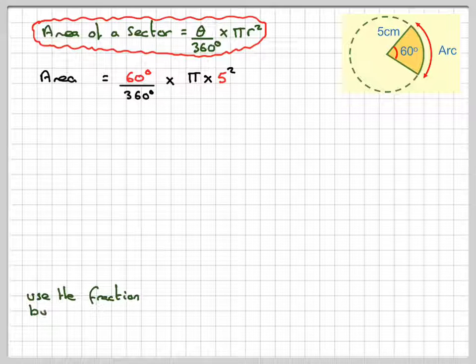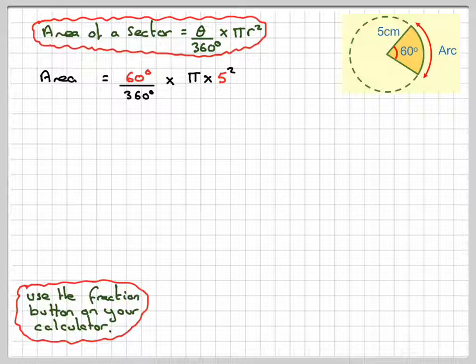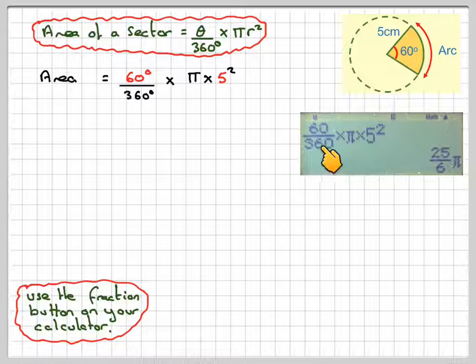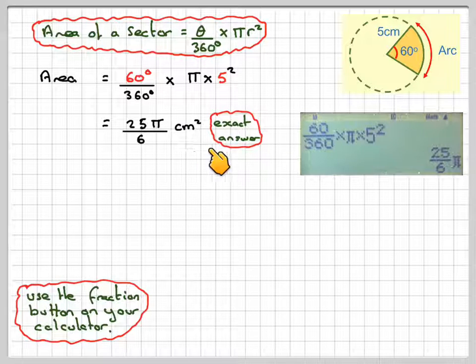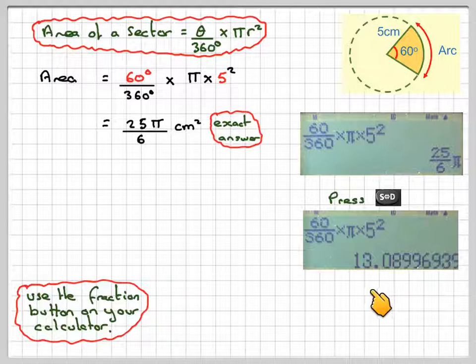Okay, so again, use the fraction button on your calculator. So we've got 60 over 360 times pi times 5 squared. You can enter it all in one go, and that will give you 25 pi over 6 centimeters squared. Again, that is the exact answer. Normally we require the decimal answer at IGCSE, so just press the S to D button and it will convert it to a decimal, which is